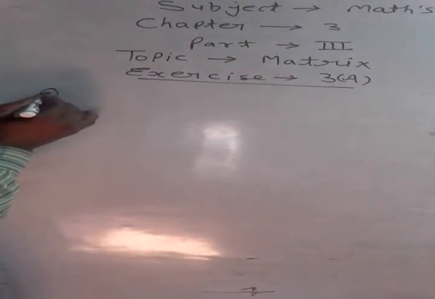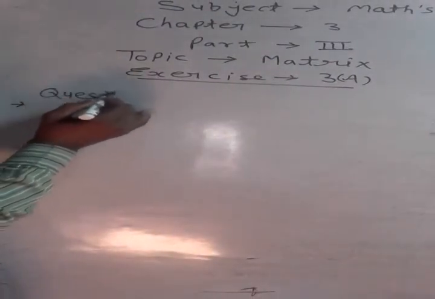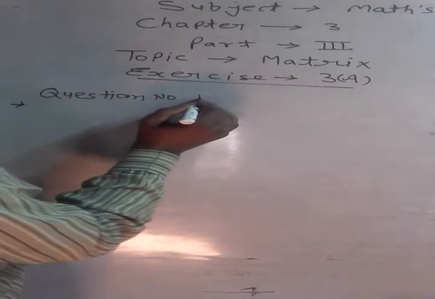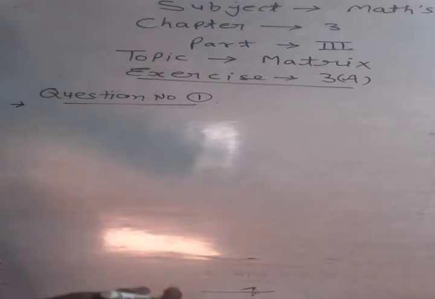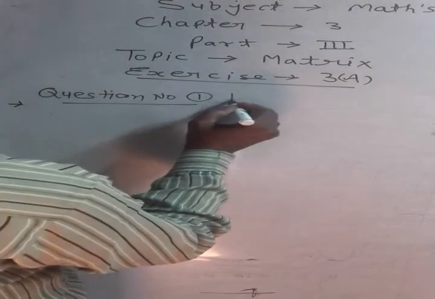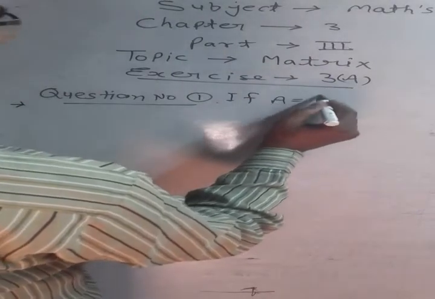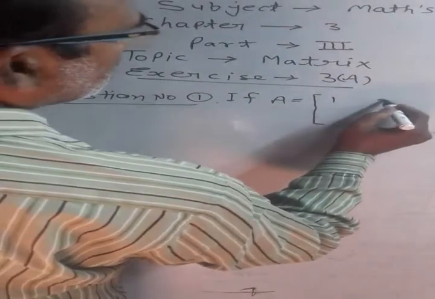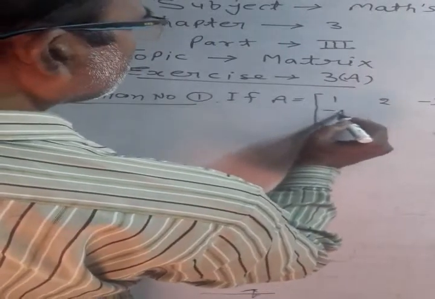Question number first. If A equal to the matrix 1 2 3, -4 5 0,